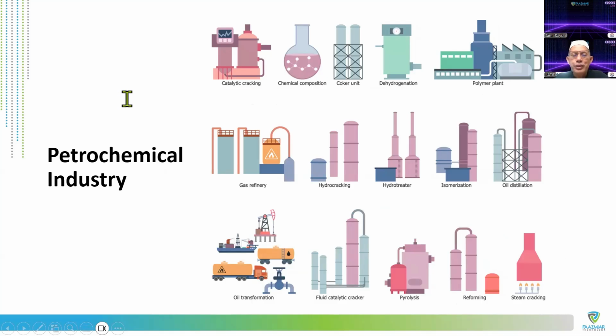So, like we mentioned, gas is a long chain, so there's a lot of things that can be done by adding in some chemicals, some organic, some structuring of the carbon link. Then we can have a lot of material. The polymer plant is also interesting. The hydrogenation, the coker unit, CO2, gas refinery. You can see that the industry is huge with this.